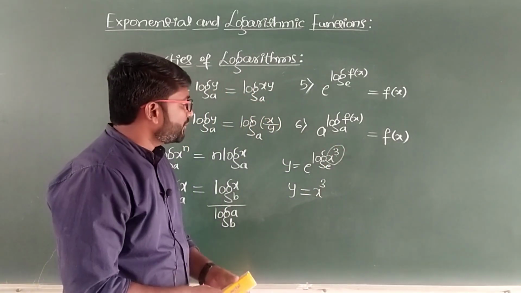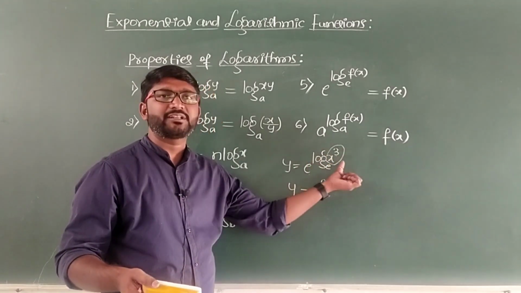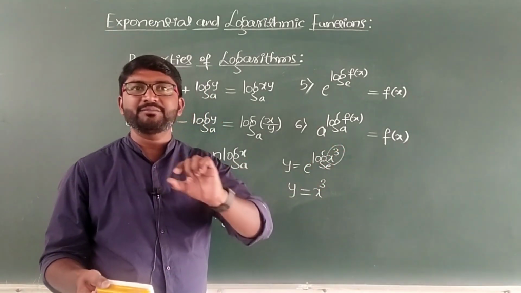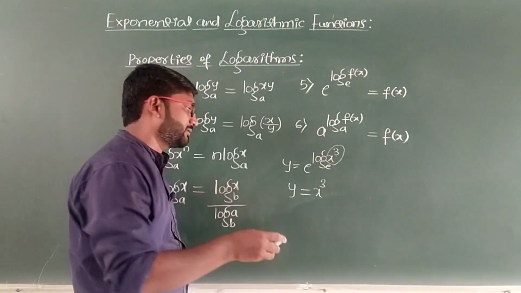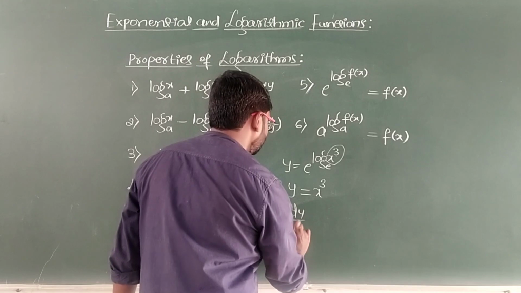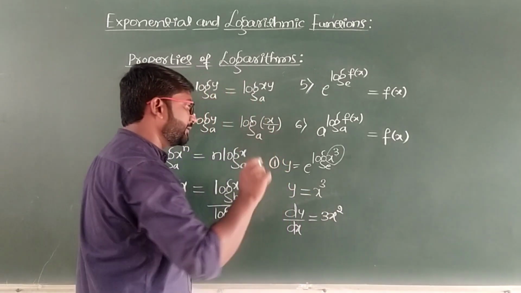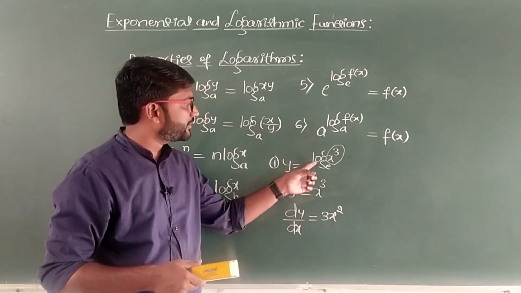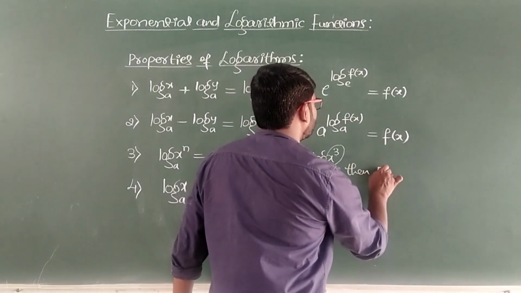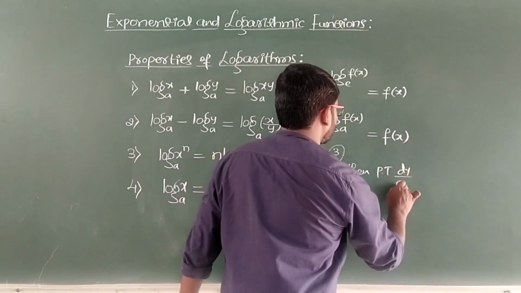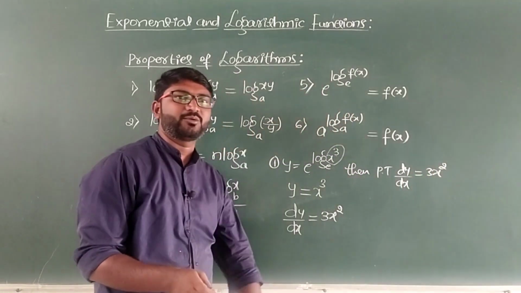So overall, y equal to x cube now. They have just given y equal to x cube in a complicated way. So if you know the property, it becomes easy. We differentiate both the sides. The derivative of x cube will be 3x square, so dy by dx is equal to 3x square. So this kind of 1 mark question can be asked. If y is equal to e raised to log x cube to the base e, then prove that dy by dx equal to 3x square.